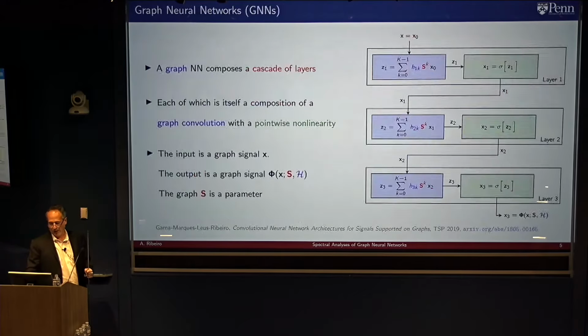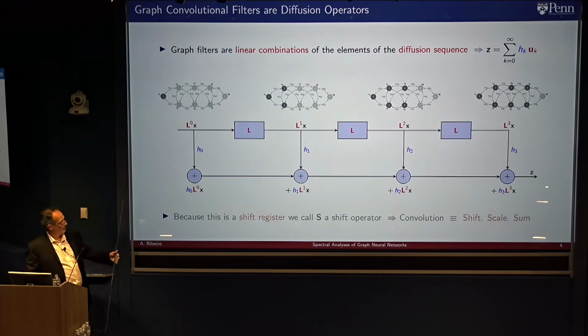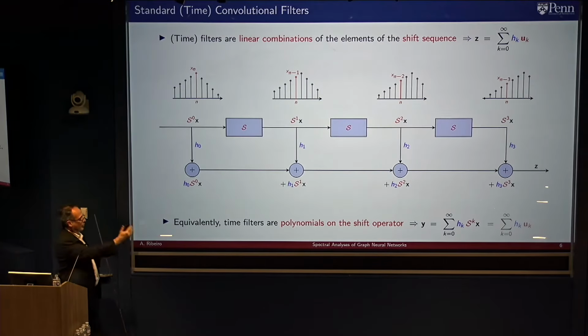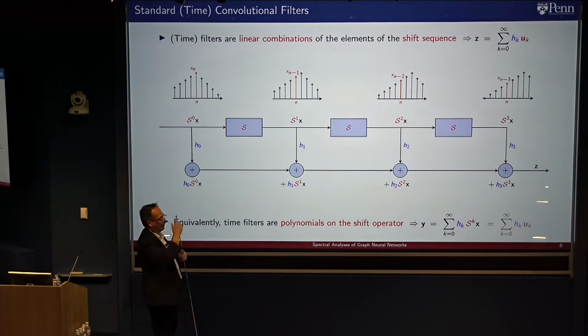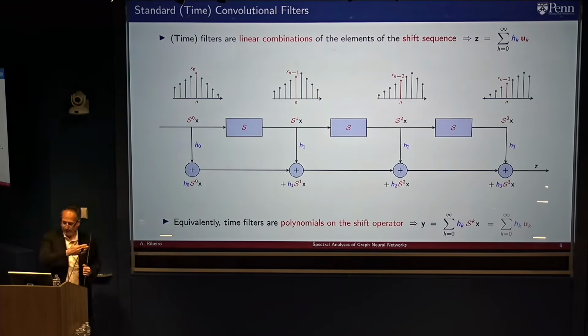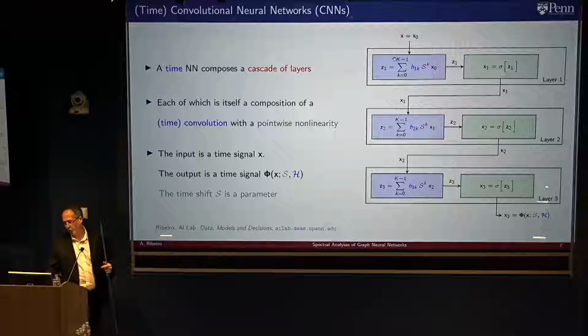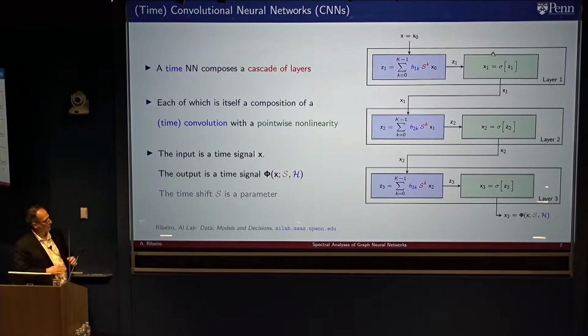So in a sense, the only thing that has changed when you go from a graph to time, or actually the opposite, when you go from time to a graph, is that your shift operator, the operator that you are applying to propagate your information, is different. In this case, it's a shift in time. And that's like a standard convolution. Now, if you have a standard convolution, you know how to build a standard convolutional neural network, right? So you do compositions of convolutions with pointwise nonlinearities,